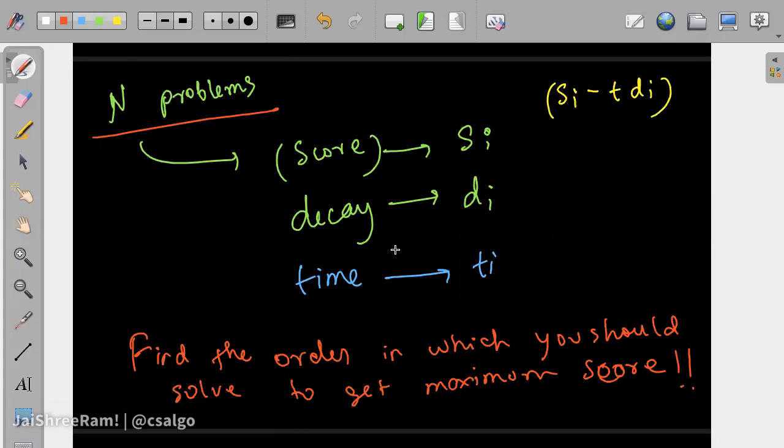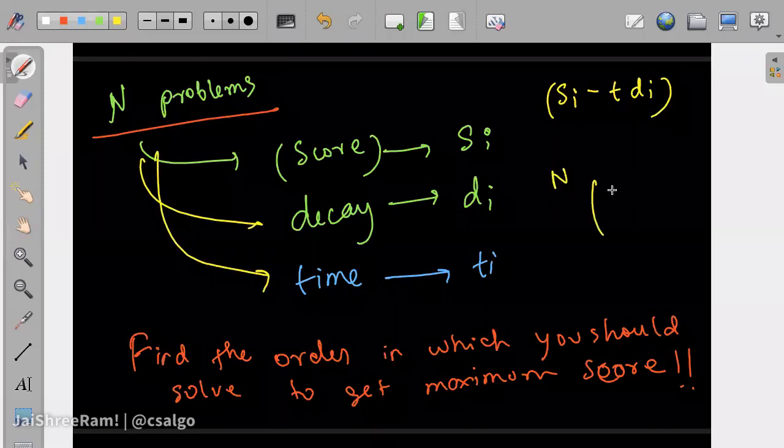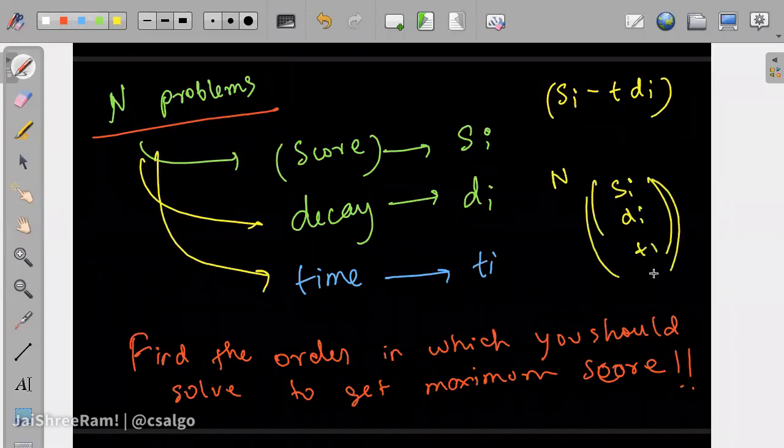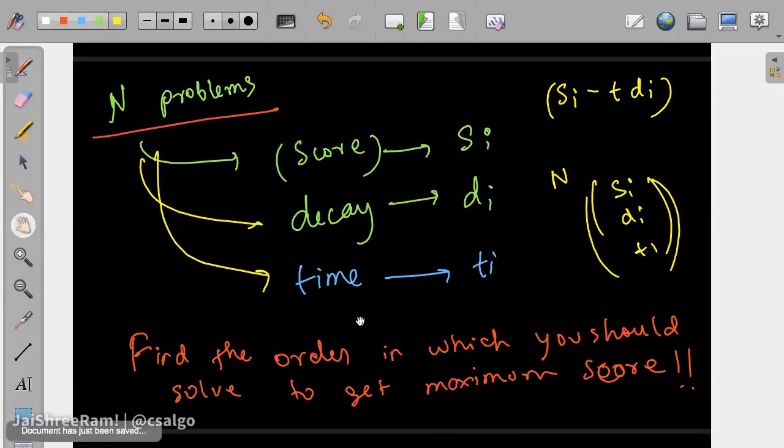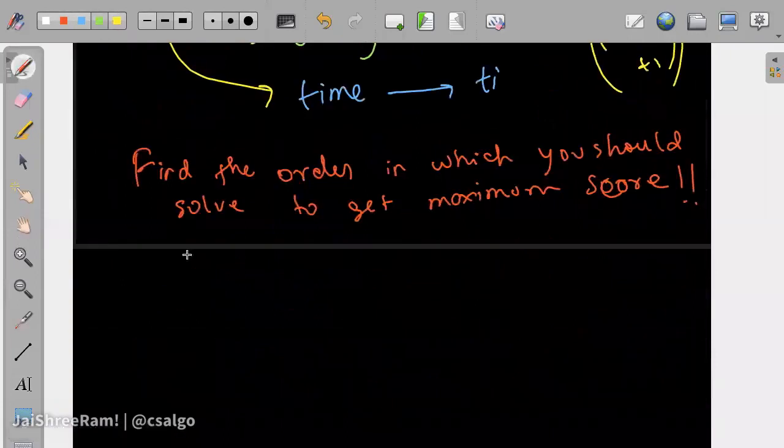No, for every problem its decay and its time are fixed. There are n problems, each of which has fixed si, di and ti. So there are n such objects. You have to order them in such a way that if you start taking things, you will get the maximum score. Let me give you a quick example.